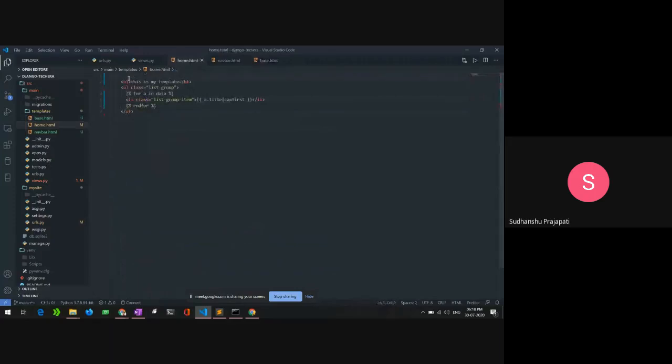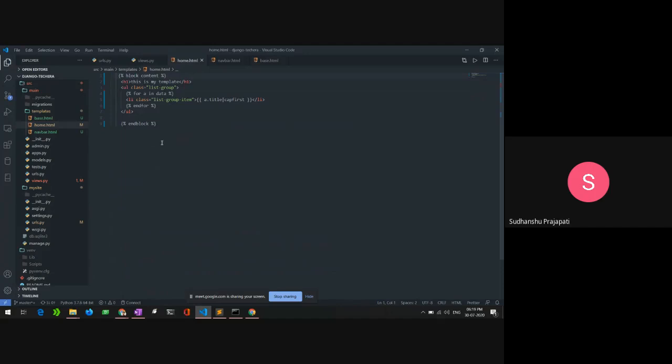So for that, I also write a template tag here, that is block content, and I have to close it also, and I need to close it with endblock.